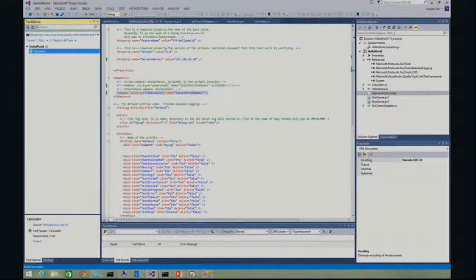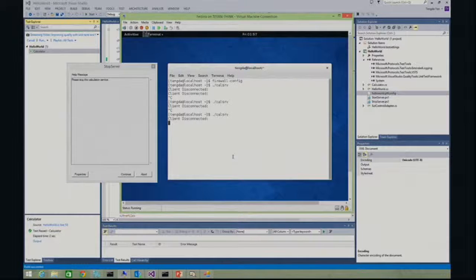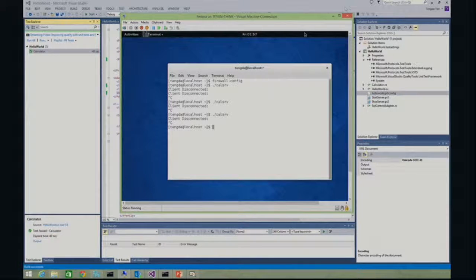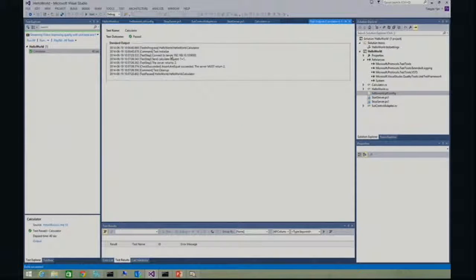And then a dialog popped up, please stop the calculation service. So I stop it, and then press continue. Okay. The test case passed. And we can also see the log here,